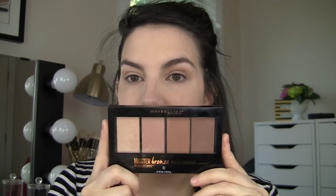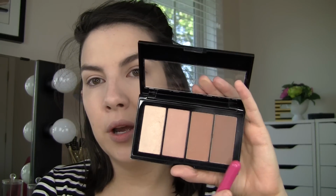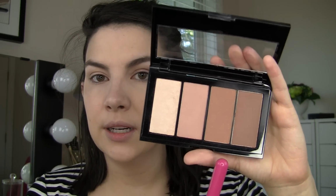So you remember when Maybelline came out with that Master Blush palette, and I thought, wow, they're really stepping up their game blush-wise. Well, now they have a Master Bronze palette, and this one has 4 shades. One is kind of like a cool contour type color on my skin. This one's a little bit warmer bronzer, and it does have some little flecks of shimmer, and then 2 glowy shades, one that can definitely be a highlight and one that's more of a peachy beige subtle glow. So I'm going to use this to contour with,